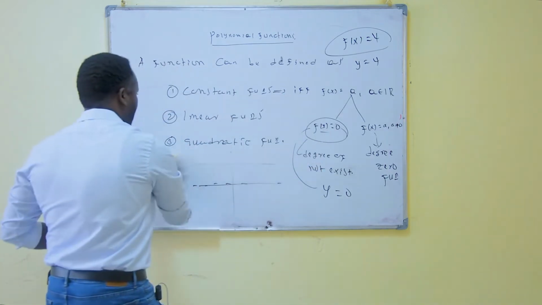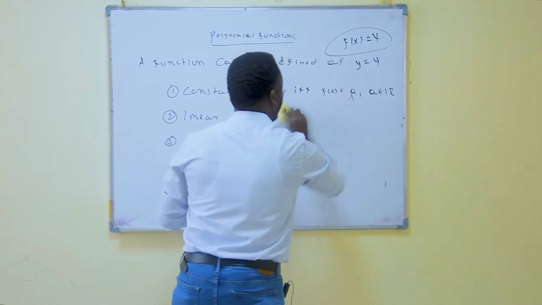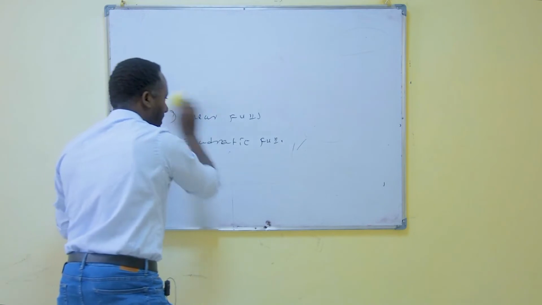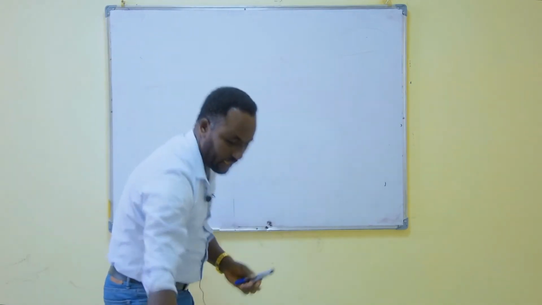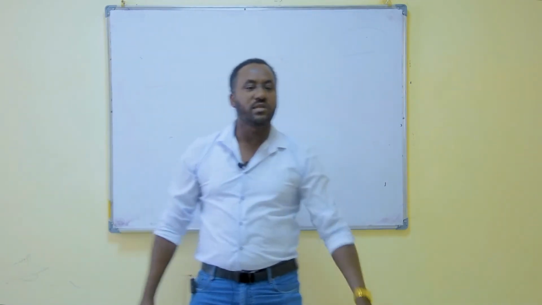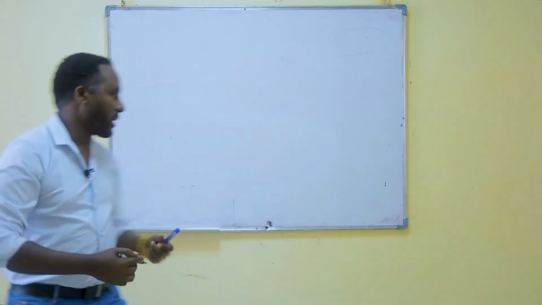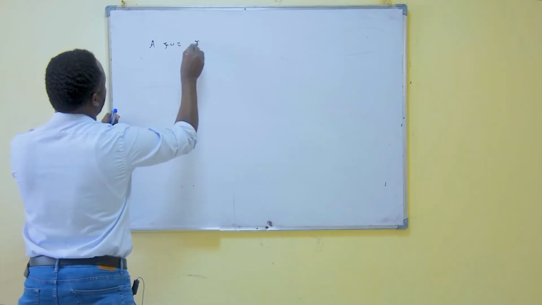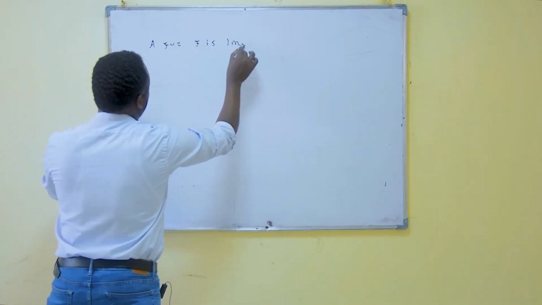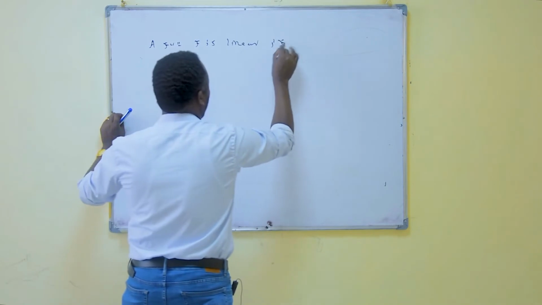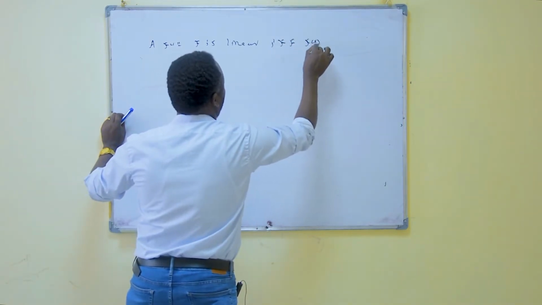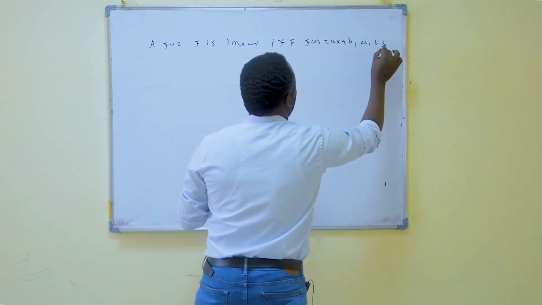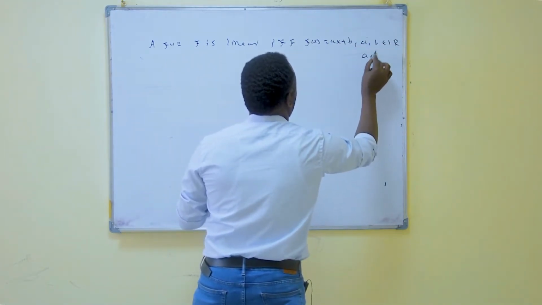Let's come to what a linear function means. What do you think about linear functions? Now let's come to what a linear function is in general. When do we call a function linear? What makes it linear? Now a function f is linear if and only if f of x is written as ax plus b, where a and b are elements of the real numbers and a is different from 0. You see?